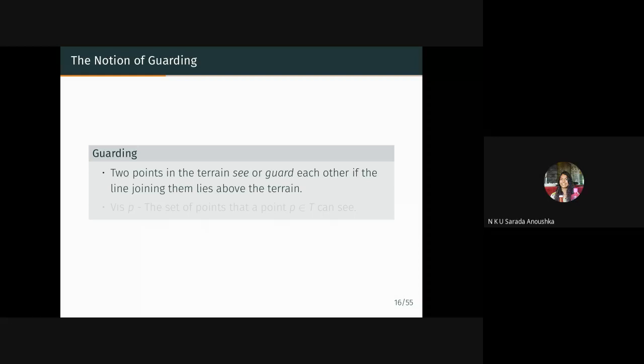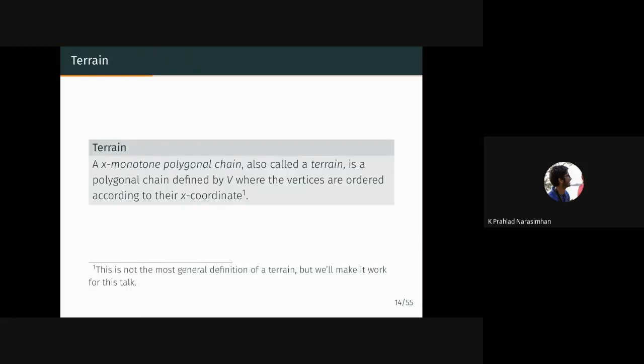So do you allow 2 points with the same x coordinate in the terrain? Okay, you caught it. Damn it! I thought I could get away with someone not catching this. Yes. So let's go on. The footnote is for exactly that. So usually you do, and we'll see an example where you do very soon.